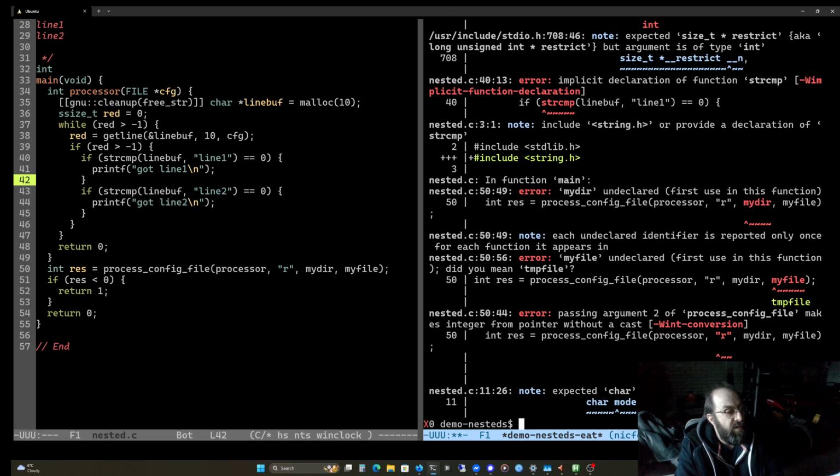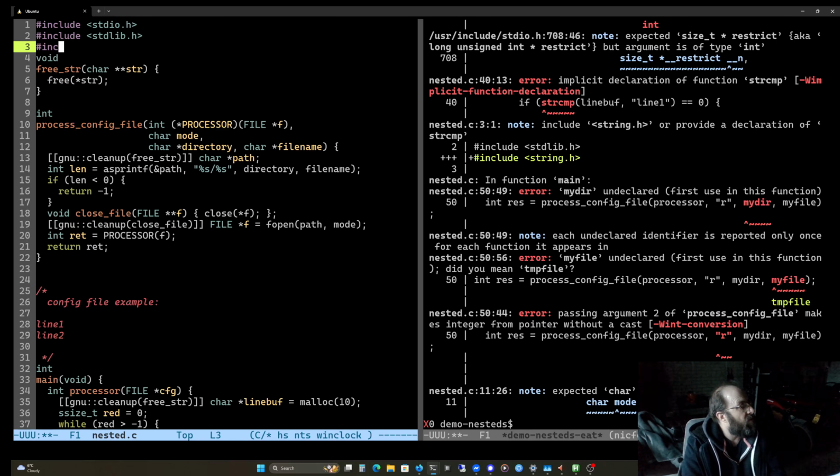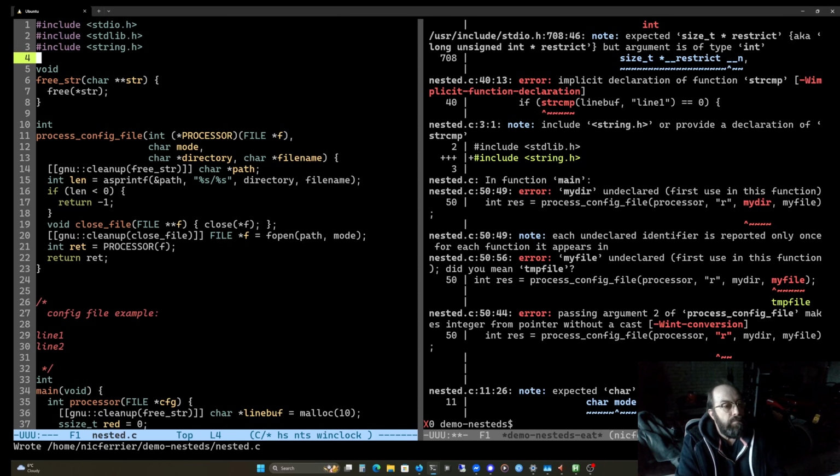Okay, we've got a bunch of errors. So it looks like we need string.h going in, no particular order, because we use strcmp, of course.